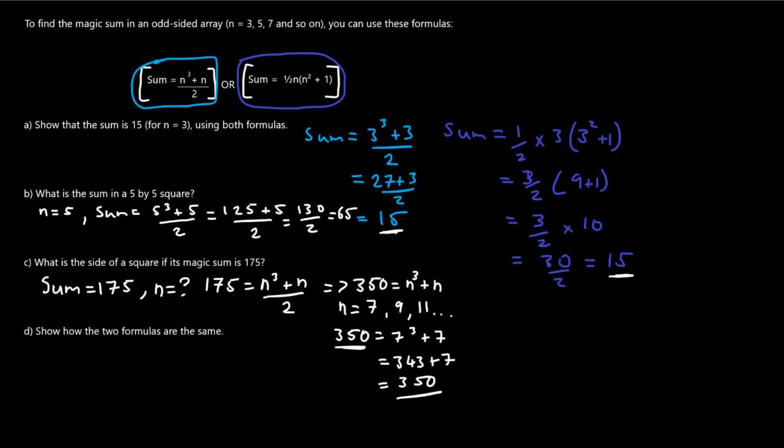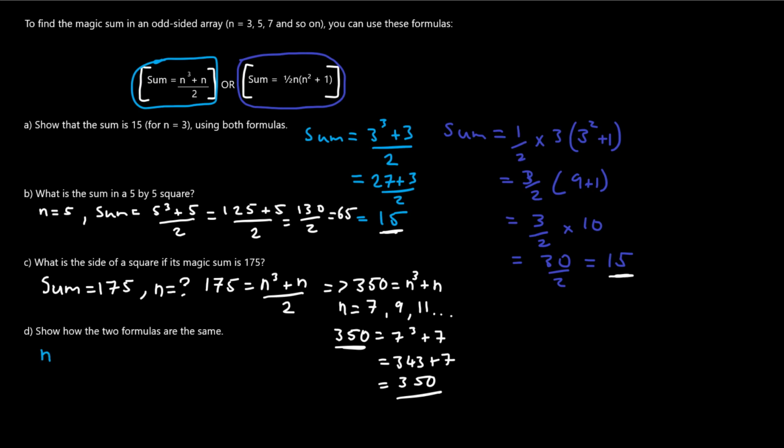Question D, show how the two formulas are the same. Okay. The blue and the purple formula, they look similar, but not quite the same. The one on the left, the blue one, we've got an n cubed. The purple one, we've got an n squared. So let's see what we can do with that. So I'll go back to my colors